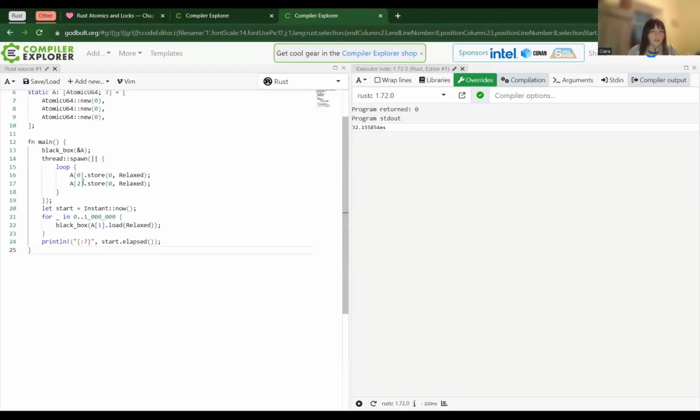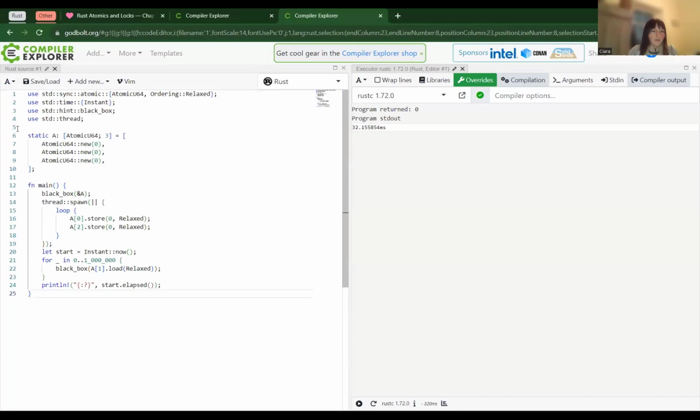is something like this. So here I have an array with 3 atomics in it. These 2 atomics are obviously totally independent of this middle atomic, but we're going to do store operations on these 2 atomics, so the first and the third ones in this array. On our main thread, we're going to be loading the middle atomic, and we're going to see that same slowdown. So if these are loads, then we won't see a significant slowdown, but if these are stores, then we do